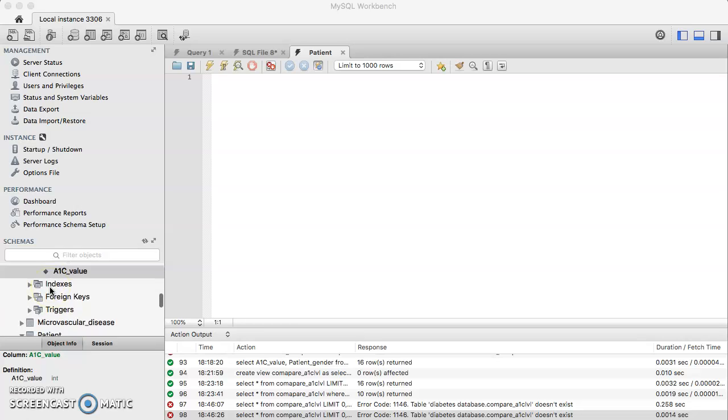So if you can tell on my side here, I have my diabetes database. Right under there, I have my tables: coronary, demographics, glycemic level, and microvascular diseases. Right down here, I have my patients table with about 3 columns: patient name, patient ID, and